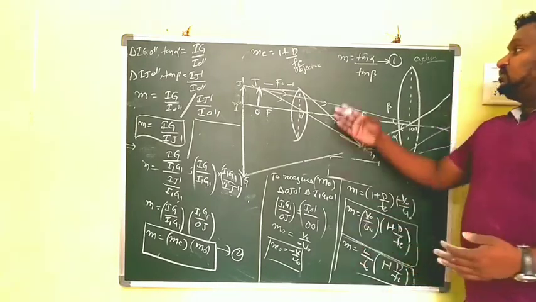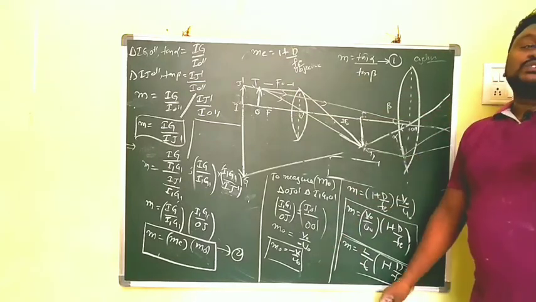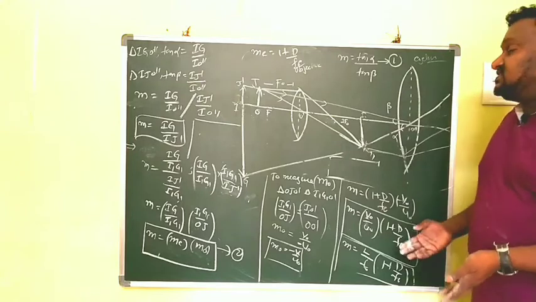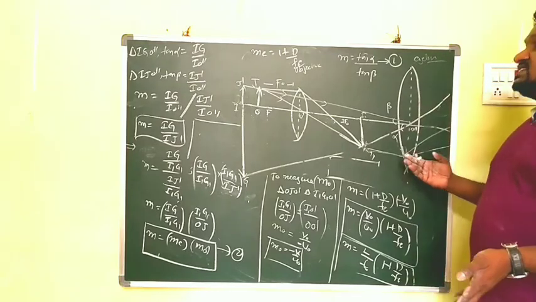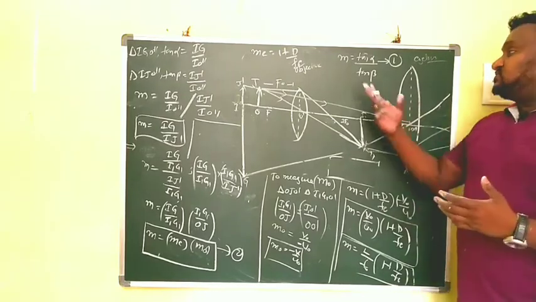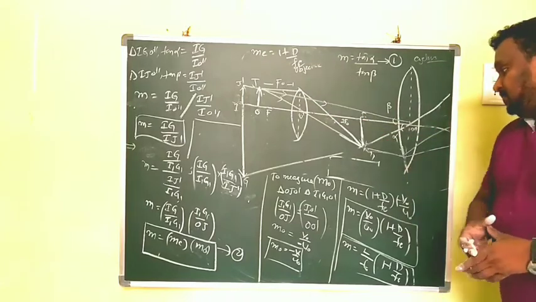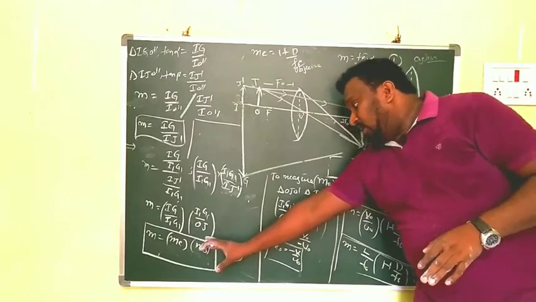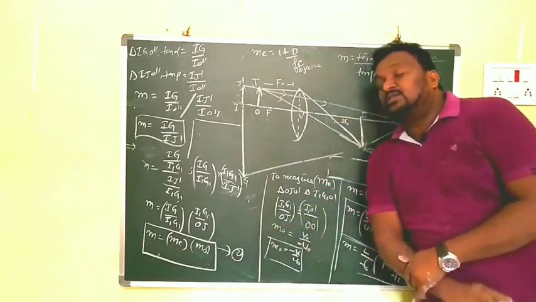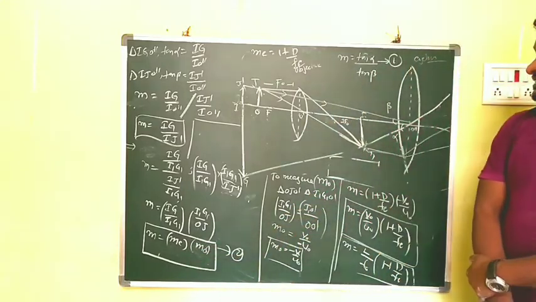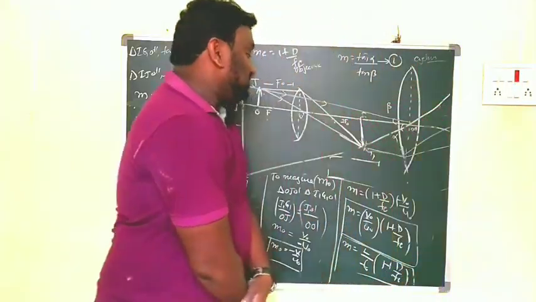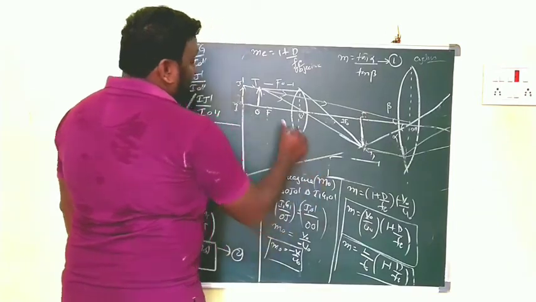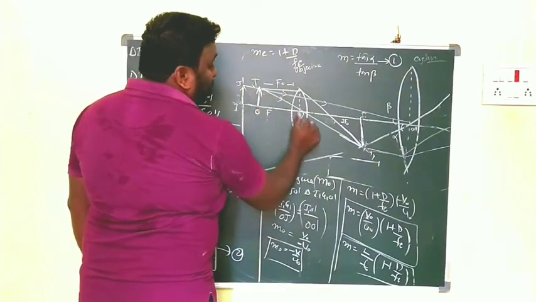That's why I write M is equal to 1 plus D by Fe. Clear children? In a simple microscope it is 1 plus D by F, as there is only one lens, but here we have two lenses. That's why this eye lens can be taken as the microscope, and instead of F we write Fe. Clear children? After that we want to derive the magnifying power of the object lens. For that we take two similar triangles, I1Z1O dash and OJO dash.